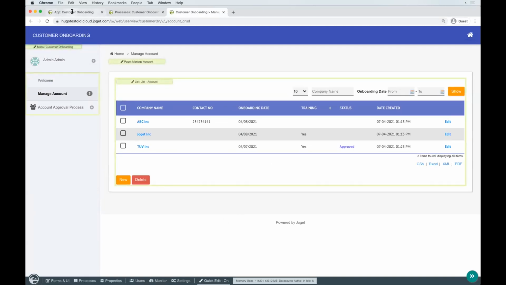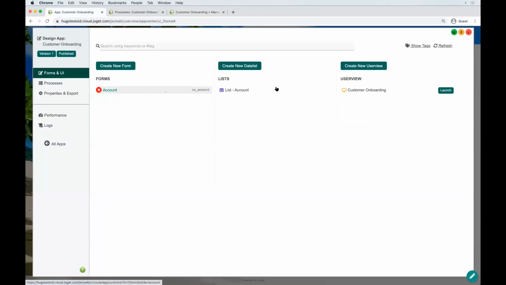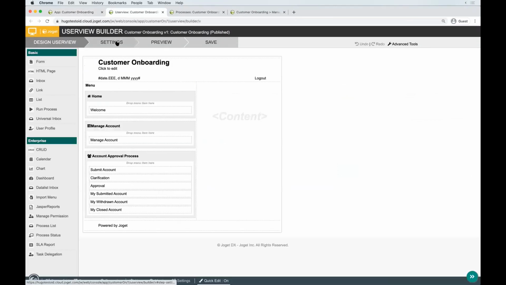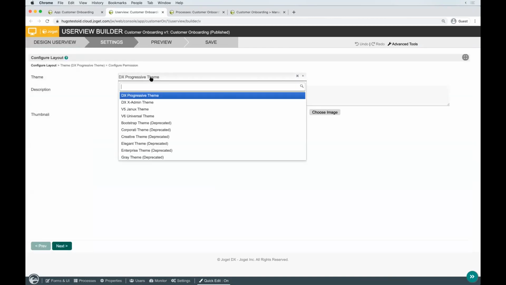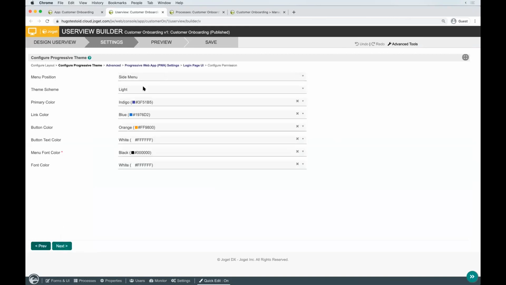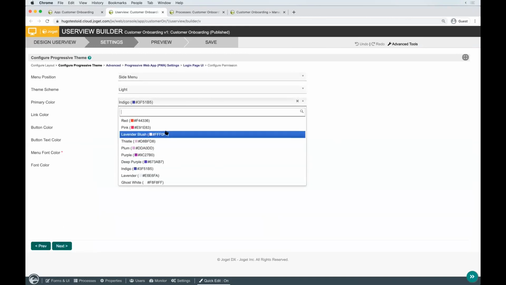So all the while we have been working on the form builder, list builders, and the process, right? So there's another builder which is called the user view builder. Just click into it, and it brings us to what you can think of as an interface builder or the menu builder, right? So this is where we can change the theme currently in use. There are two ways to do it. It's either to customize over the existing theme,